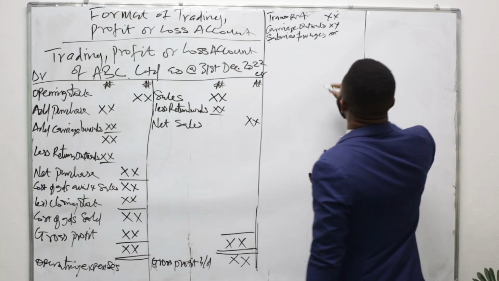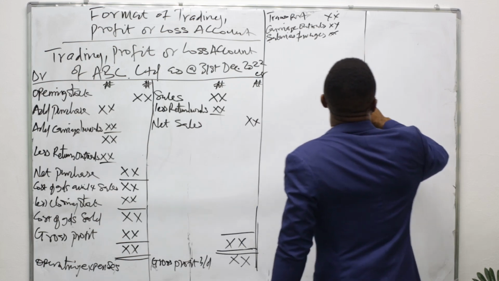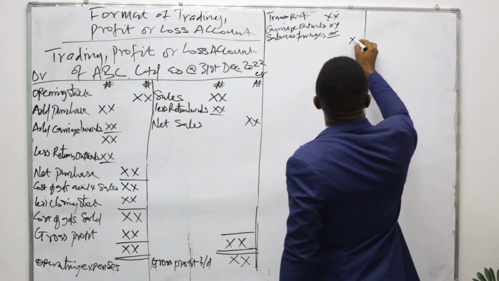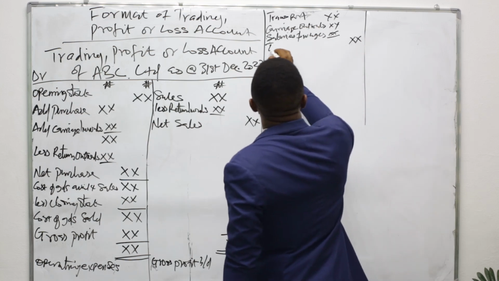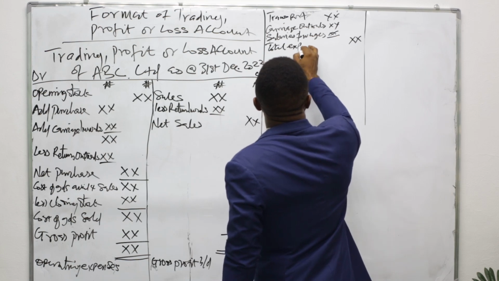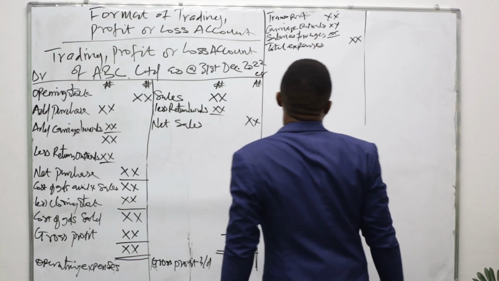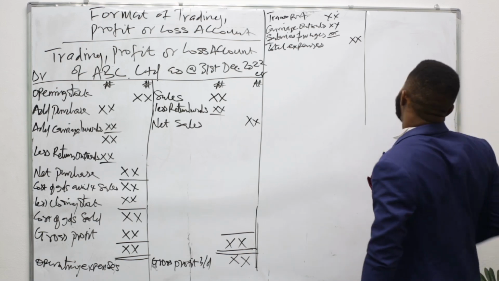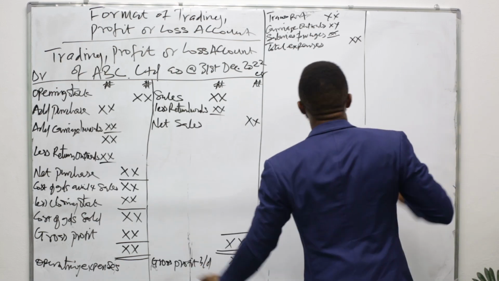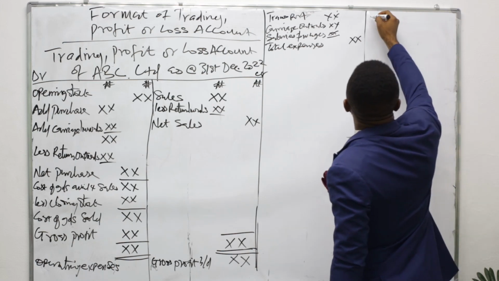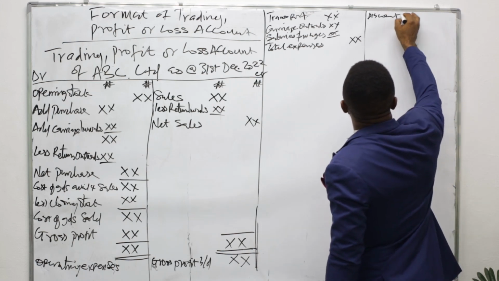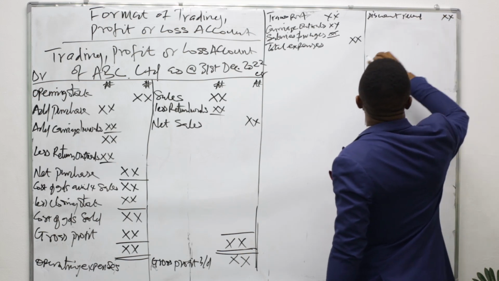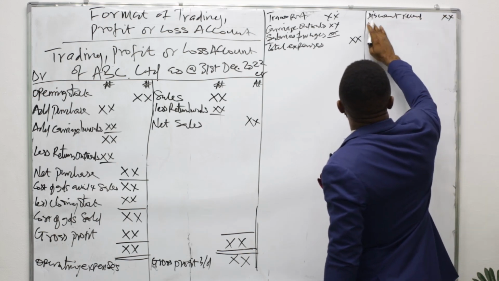And then, and so on and so forth. When you add up everything you have here, you have a value called your total expenses. This is what we call your total expenses. And then, here, you have what we call discount received. That will be added. It will be added. We have interest